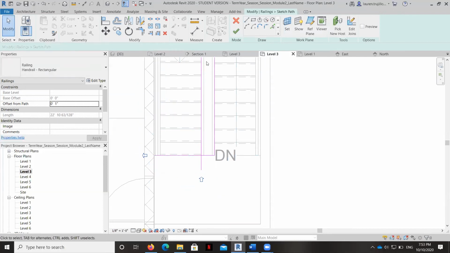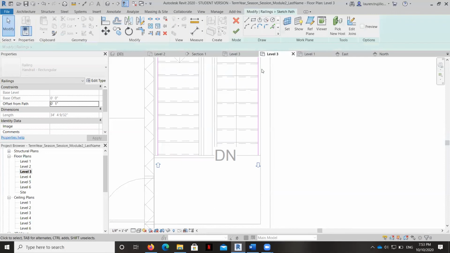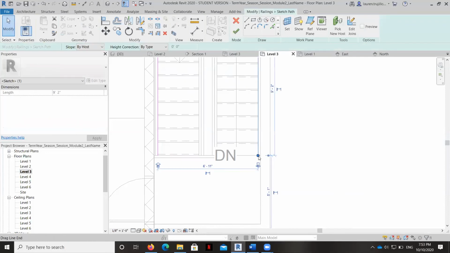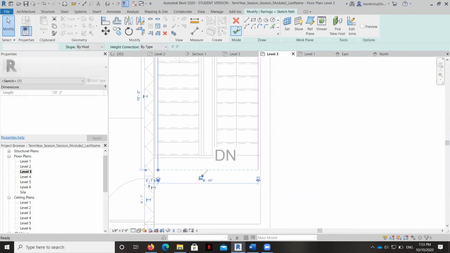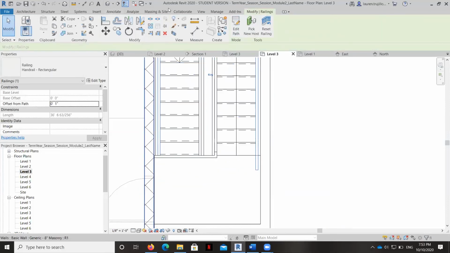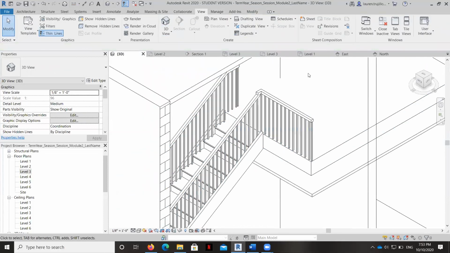Hitting the escape button. And I'm going to check the box so you can see it's turning the corner here. The only thing we need to do now is adjust this one. So you can see we've got the edit path. So we're going to bring that one out. This one out, that's on the first floor. Okay, so